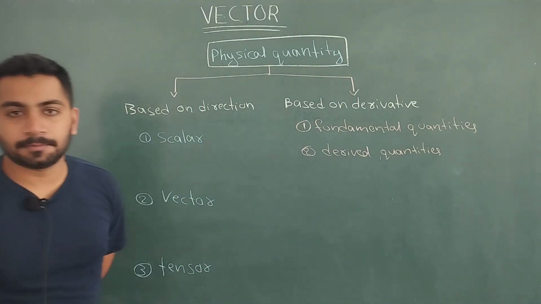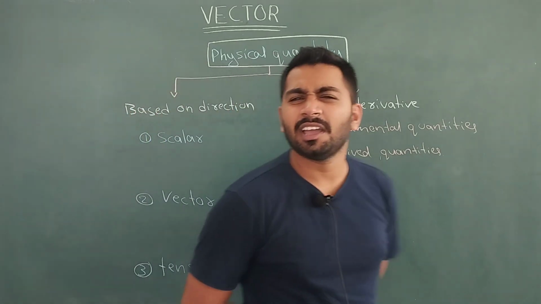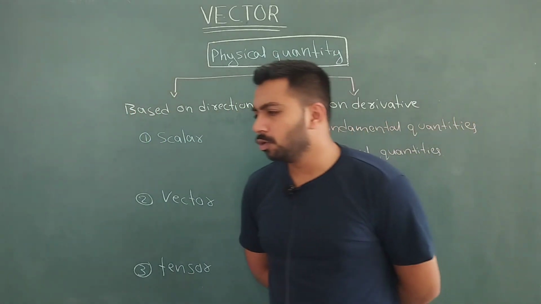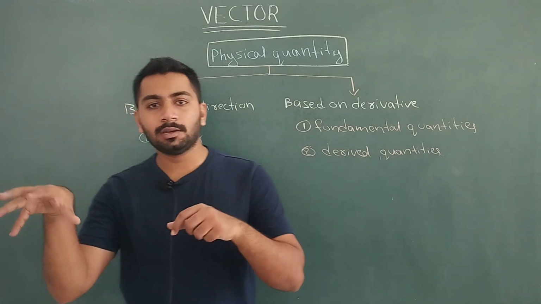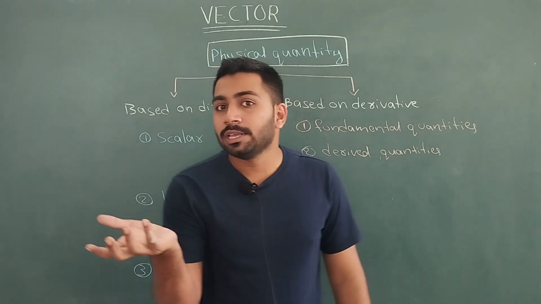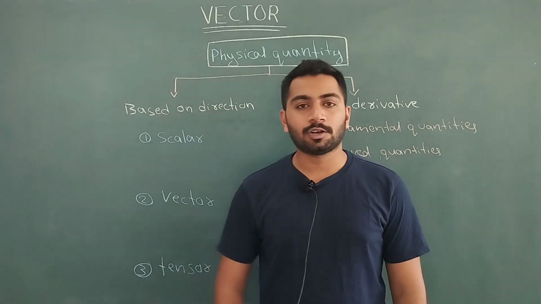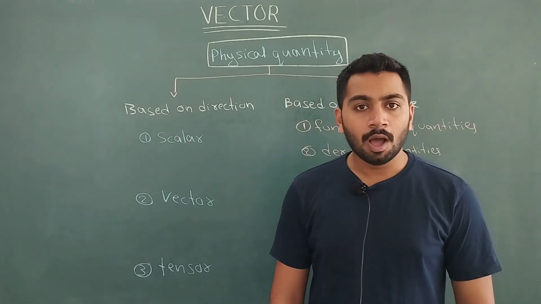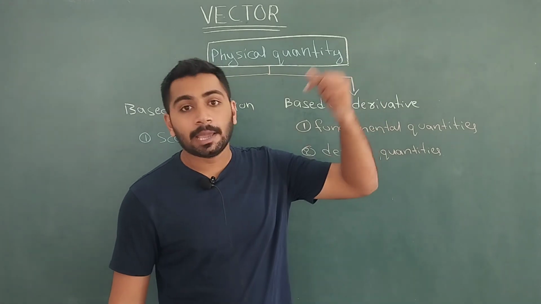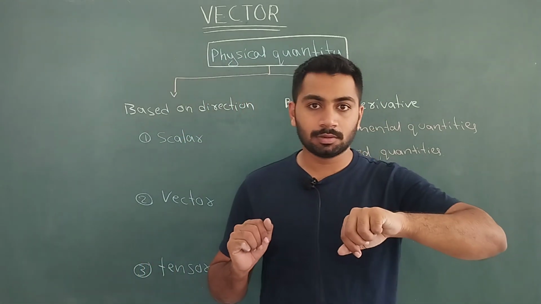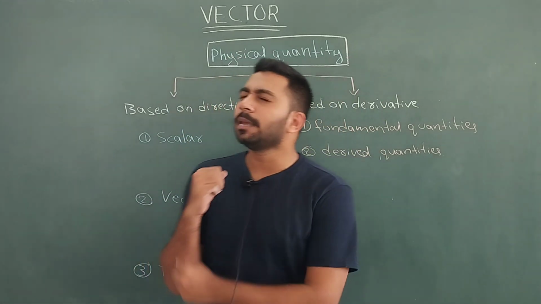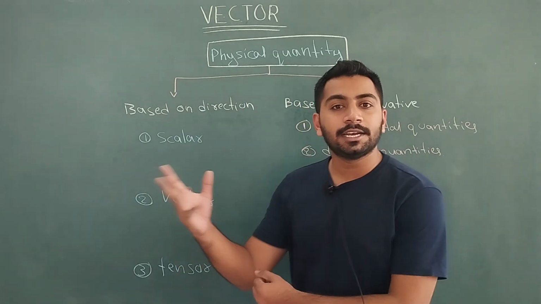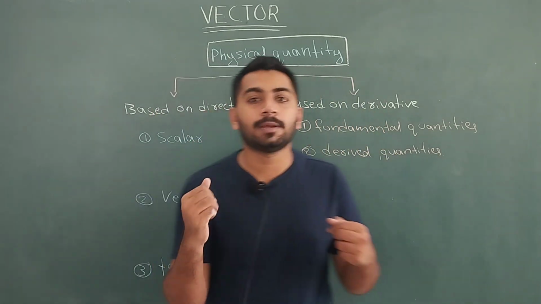What do you mean by vectors? Any idea? No idea? I will tell you. When you go to a market to buy tomatoes and onions, what do you say? Give me 5 kgs of tomato. Give me 5 kgs of potato. Or when you see the time, you say it's 5 o'clock, it's 2 o'clock. Or temperature: cold temperature, 30-degree, 37-degree, 27-degree temperature.